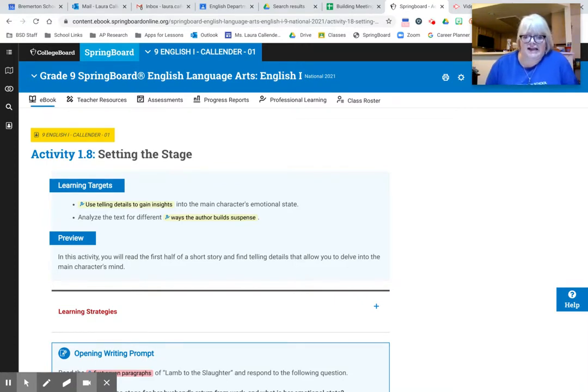We're going to use telling details to gain some insights into the main character's emotional state, so looking at the learning targets here, we're going to analyze the text for different ways that the author builds suspense. Something I've asked you to do this week is watch the TED Ed videos about irony. There are 3 of them, and they're all very short, 2.5 to 3 minutes each. They're very entertaining as well as very explanatory. They're informative, and they help us understand what irony is, what it is not, and in this case,